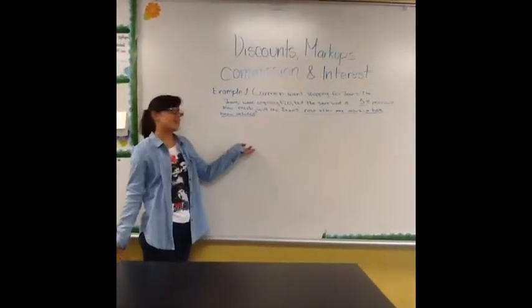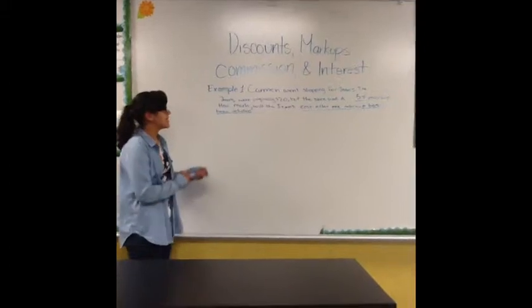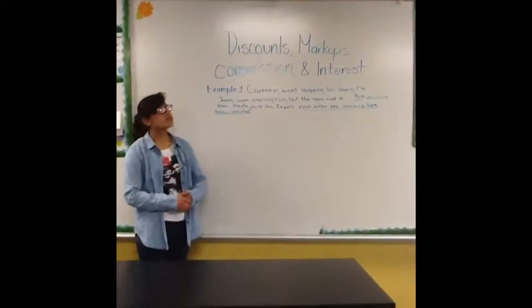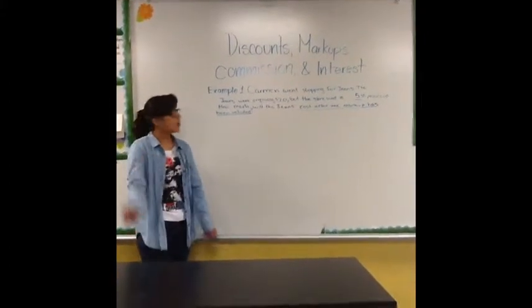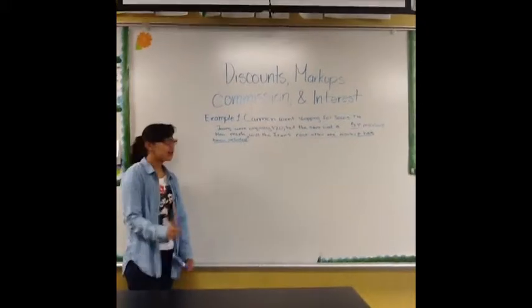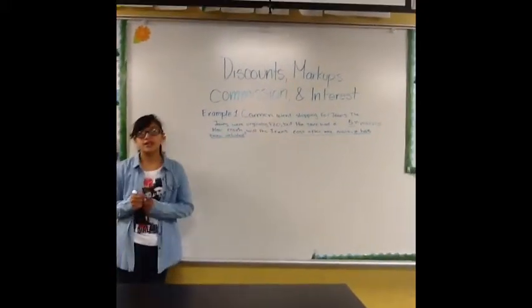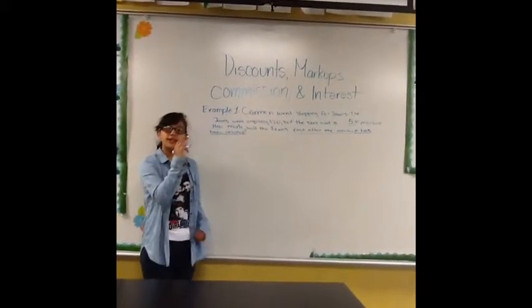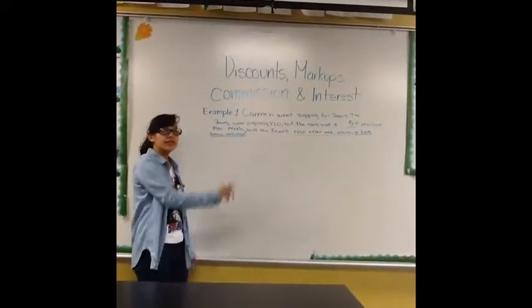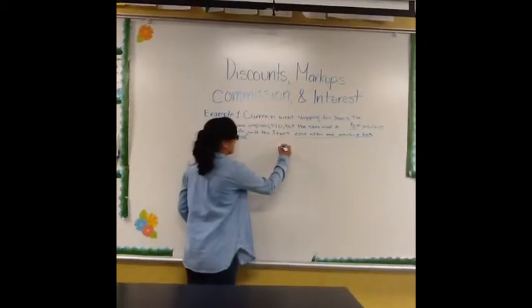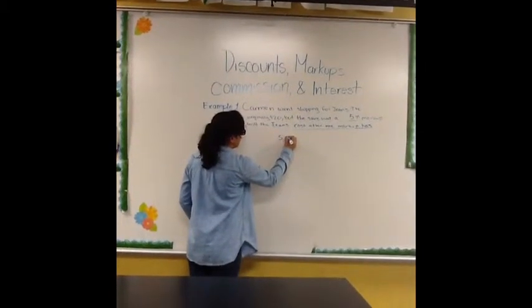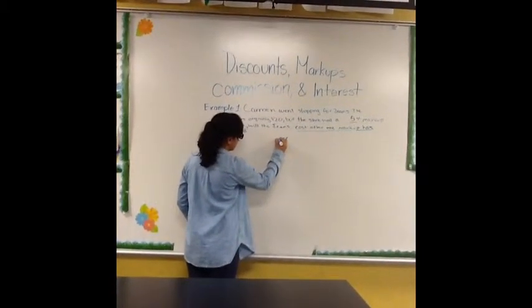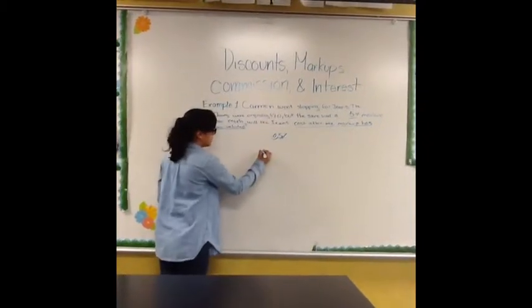Here's an example of markup. Carmen went shopping for jeans. The jeans were originally $20, but the store had a 5% markup. How much will the jeans cost after the markup has been included? We can't multiply by a percent, so we have to change it to a decimal by moving it 2 places to the left. So we'd have 5%, 1, 2. So it's 0.05,